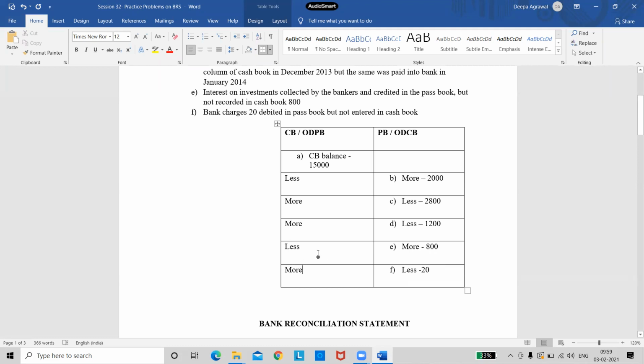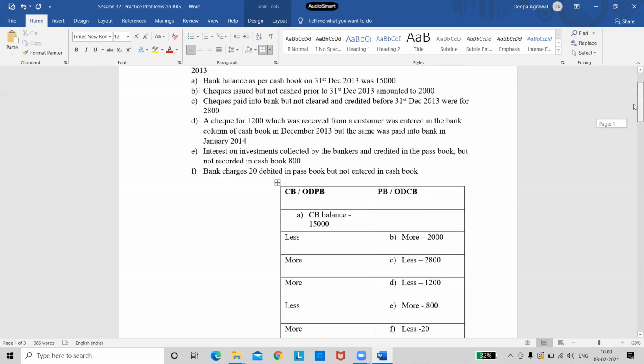Ma'am, you said earlier that whichever side they give, we need to write the opposite. But here they have directly said that it is deposited in the passbook. Roy, you're not getting me. See this working notes part. First, look at the first transaction.